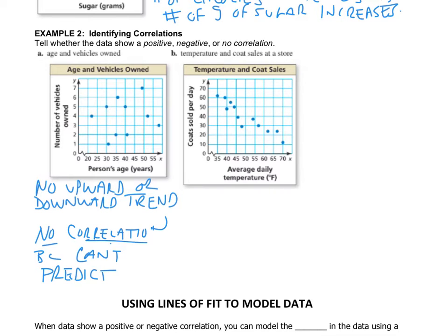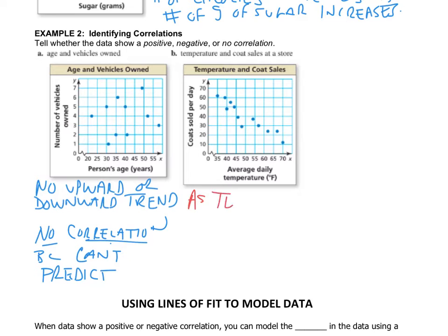Now comparing that to this next one for B. As the daily temperature is increasing, we're talking about coat sales, what's happening to the number of coats that are sold per day? Now again, it's not a perfect straight line here, but it's very clearly a trend. As the temperature goes up, the amount of coat sales is coming down. Okay? So how we would write that again is